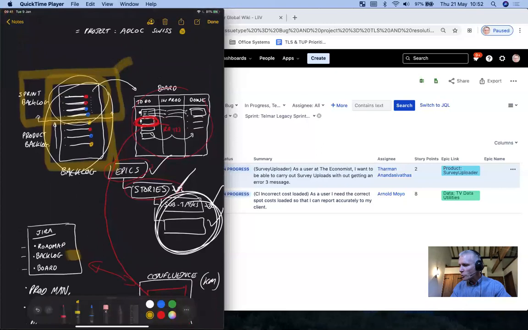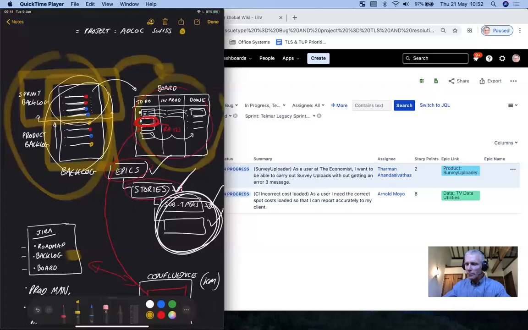We move the sprint backlog to the board. So if you like, this is our planning. This is our day-to-day doing, right? So planning, day-to-day doing, planning, doing. And on the board, we have to do, in progress, and done. And stories get broken down into subtasks, and subtasks get moved through the workflow. And when all the subtasks for a story are done, the story becomes done. There's the burn down report, which gives us some visibility.